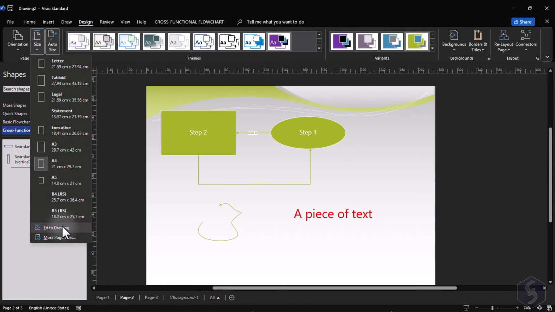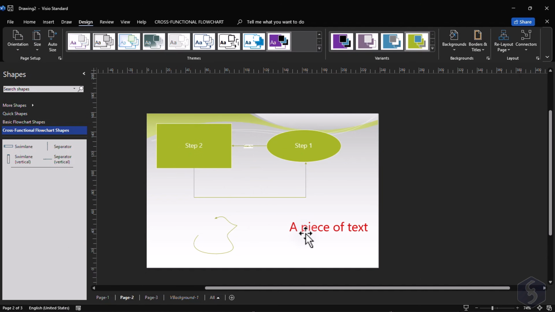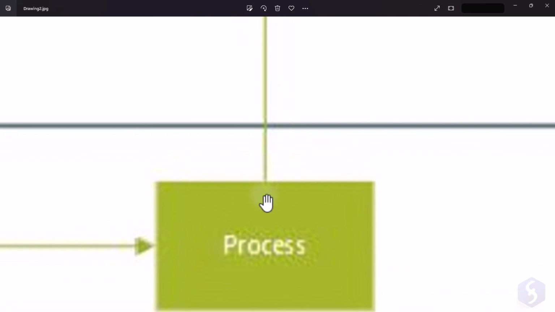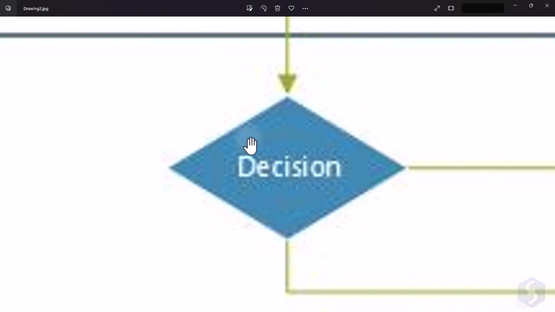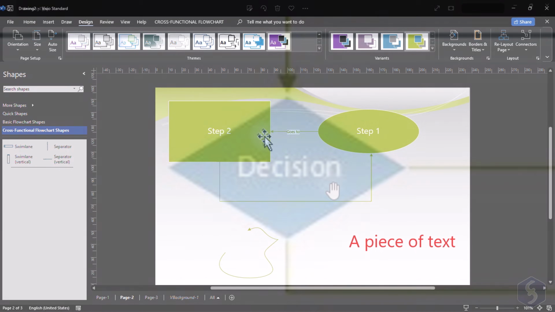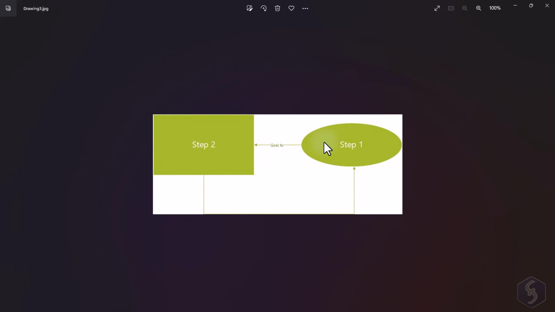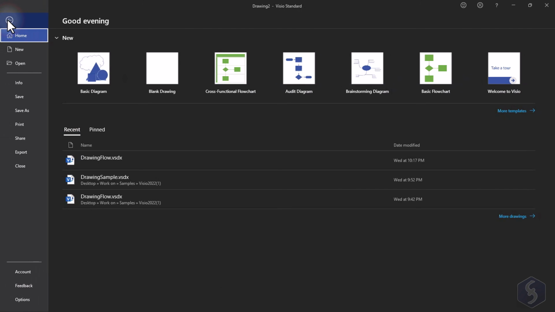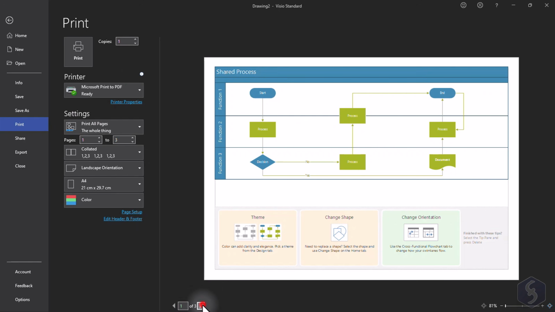Make sure to go to Design, Size, Fit to Drawing to resize the page according to the drawings you have made. This is very useful to get the maximum quality over your drawings when you render the document into an image. You can also select one or more multiple objects to export these instead of the entire page. To print the document, go to File, Print, and adjust the options on the left side, including number of copies, pages to print, orientation, size, and color.